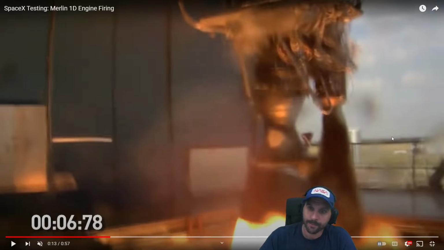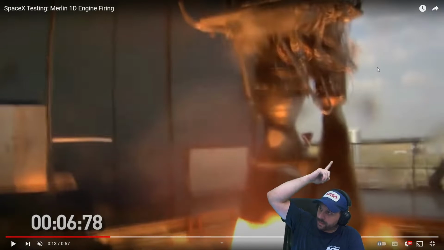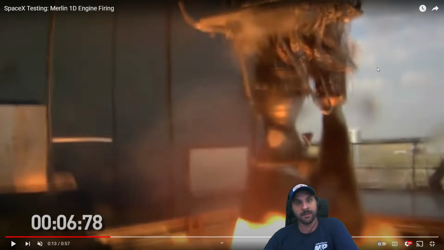True story. So, if you look at the turbine over here, the turbine is shooting soot out. Anybody here drive a truck? Anybody here drive a diesel? Drive a diesel truck? What happens when you get black smoke coming out the exhaust with a diesel?